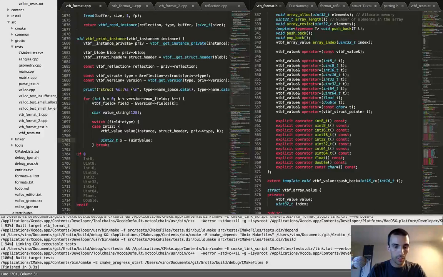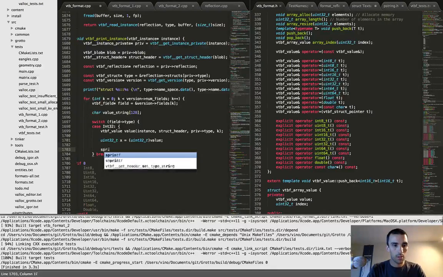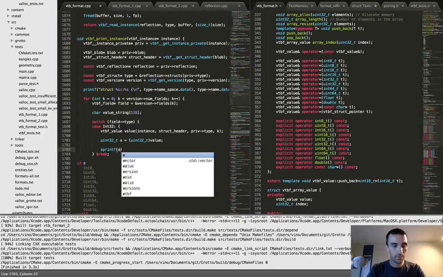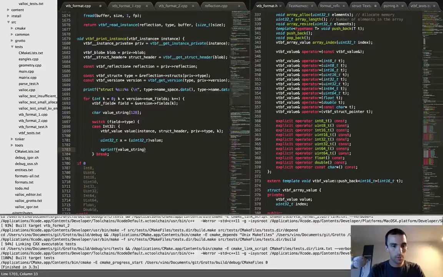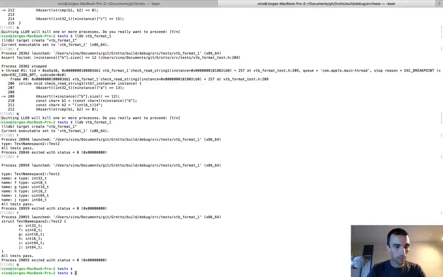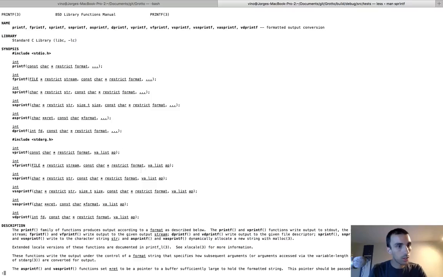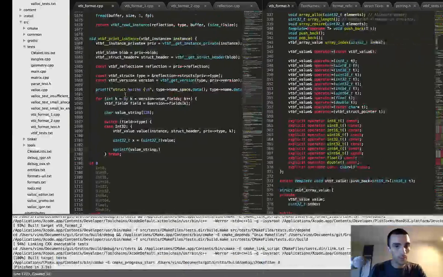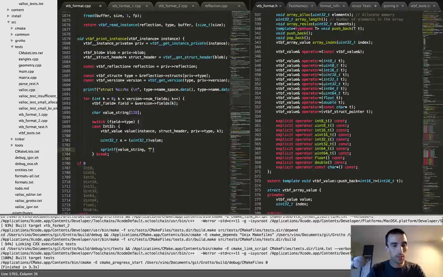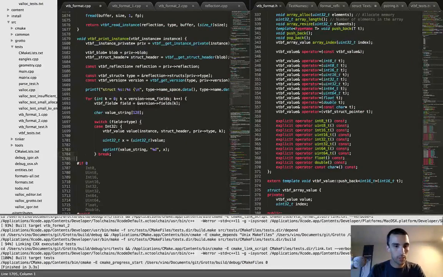By just casting it like this, I think that will work. And then I can do sprintf, value string. I forget the arguments for sprintf: string, format, so here we go. That's my string, that's my format, X. Great. And I'll put a default case in there that just,